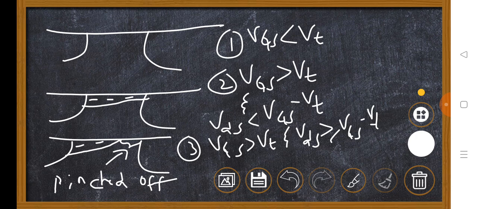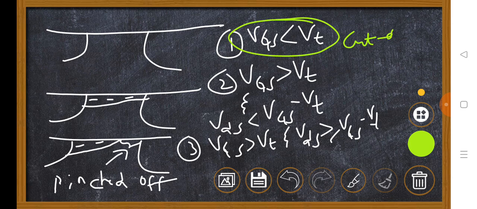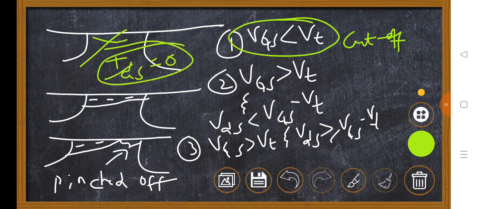Now if you observe clearly here, when VGS is less than VT, there is no channel. We can call this the cutoff region. Therefore, there is no channel. Is it clear? Therefore, what is IDS? IDS is 0. Now, in the second condition, when VGS is greater than VT and VDS is less than VGS minus